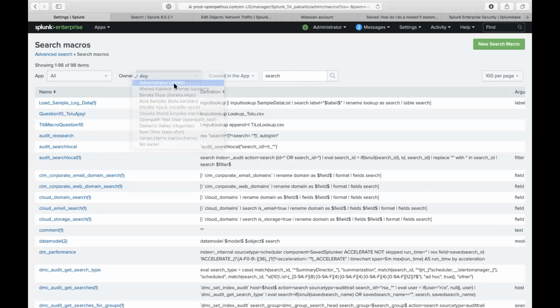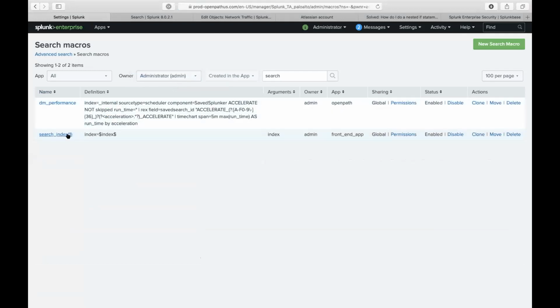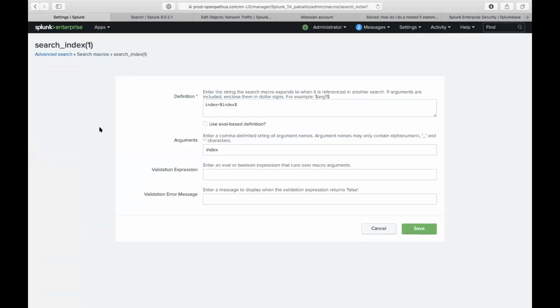Let me filter by me so it doesn't keep. All right, so yeah, search index. All right, so I created another one here called the performance. Okay, whatever. That one doesn't seem to have any arguments though. Right, so in here,